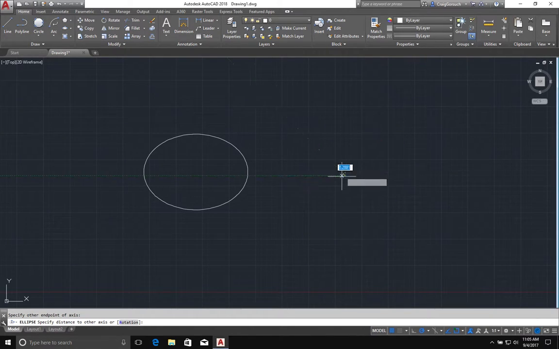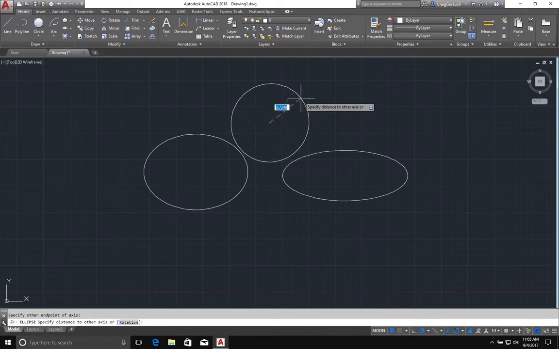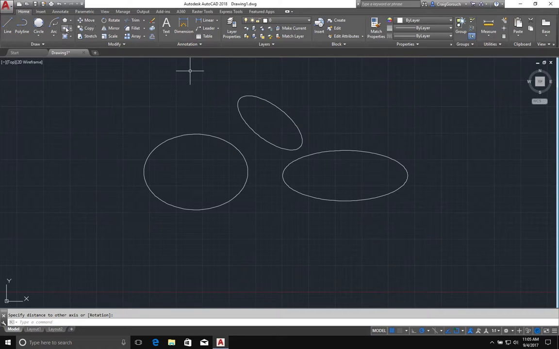So cross one way, like that. And you don't have to be constrained. You can draw them at strange angles, and AutoCAD will try and keep track of things for you. The last option that we have is an elliptical arc. Specify an endpoint, draw another endpoint, draw the length of that second axis, and now we're going to start,